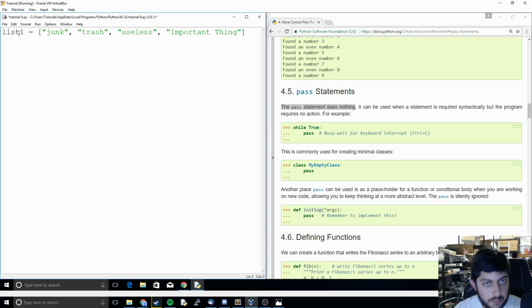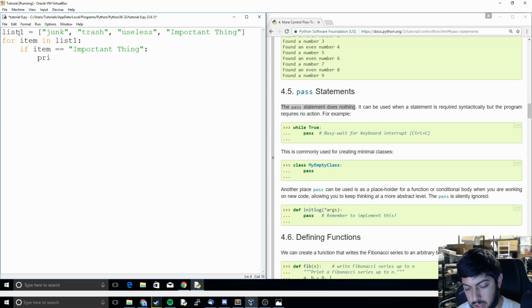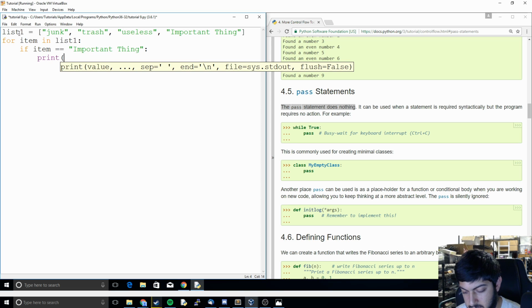And so when we're looking for it, we're going to go through a for loop. And so I'm going to do for item in list1. I'm just going to iterate through. And then what I'm going to do is an if statement that does a comparison. And basically all this is saying is if the item that we pull equals important thing, then do this line of code. And what I'm going to do is I'm going to have it print